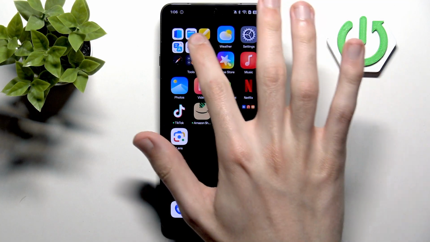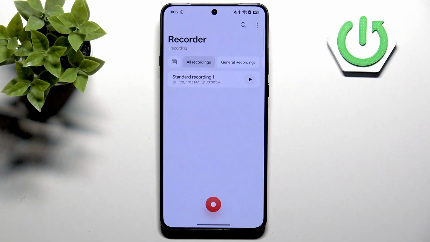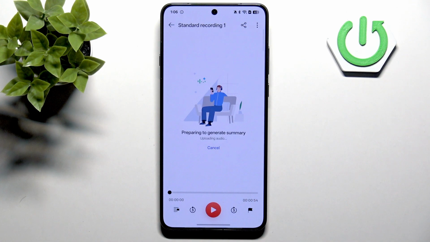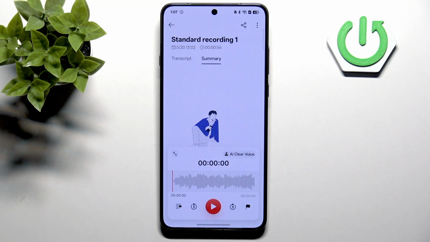Anyway, going on, we have something called Summary for our recordings. We can go into our recordings, and we can go into Transcribe, or we can go into AI Summary or AI Clear Voice. I'm going to go with AI Summary. Now this might wait. Of course, it is really up to the length of the audio you have. I have a very short, 1 minute audio. So hopefully we have a summary that is,